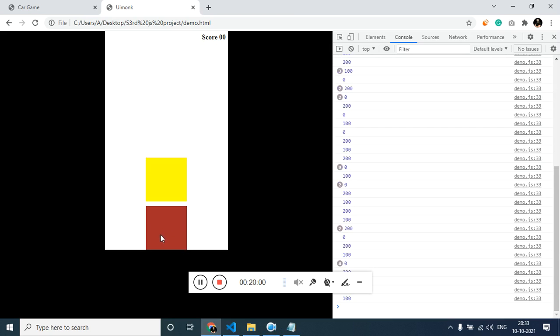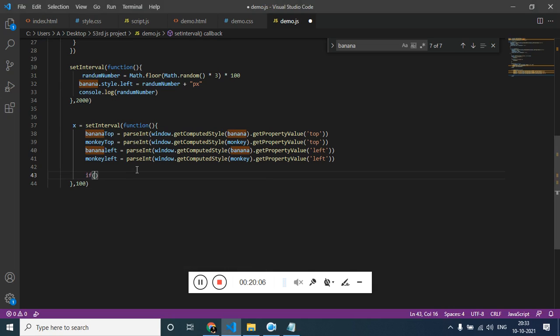Now let's apply the first logic, that is our banana, we have to apply the condition on 450. So if the banana top is greater than 450 and less than 500, then we have to apply the logic.